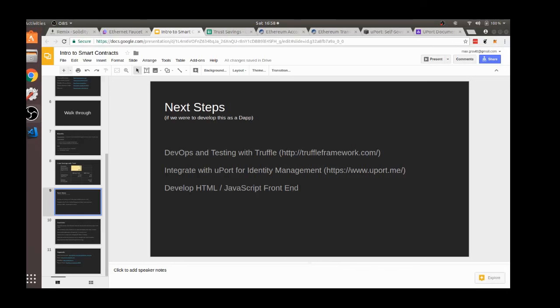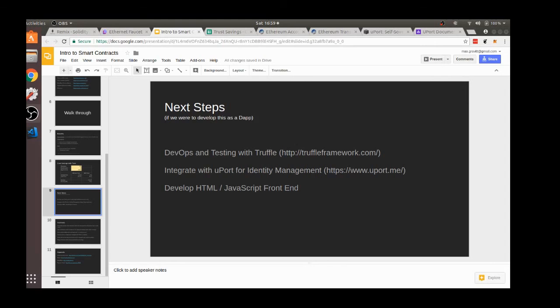In subsequent chapters of this tutorial, we'll do a handful of additional activities. First, we will integrate this smart contract into the Truffle framework. The Truffle framework will allow for some additional rigor around our DevOps processes, as well as some additional testing that we can perform. We'll also integrate with Uport for identity management. This will replace some of the activities of MetaMask so that all of the members of our Bear family will not be managed under one password within MetaMask, but each member of our Bear family will have their own identity